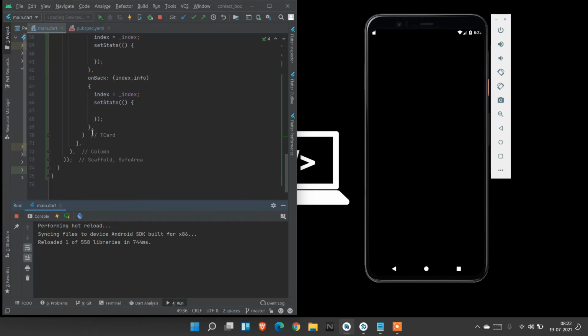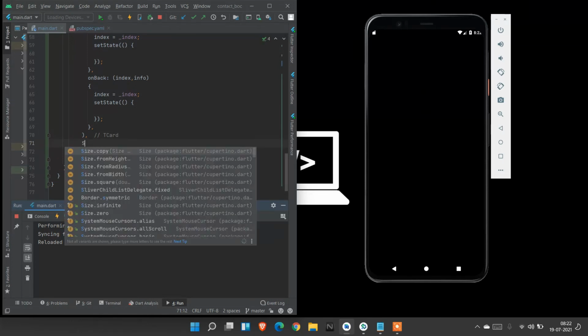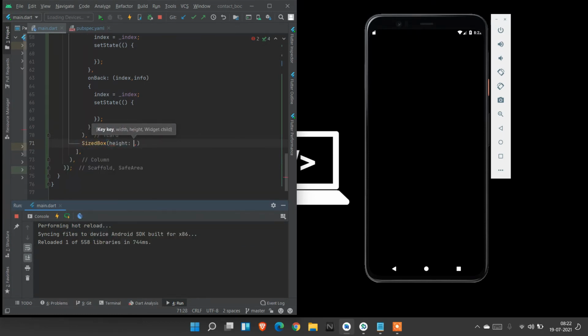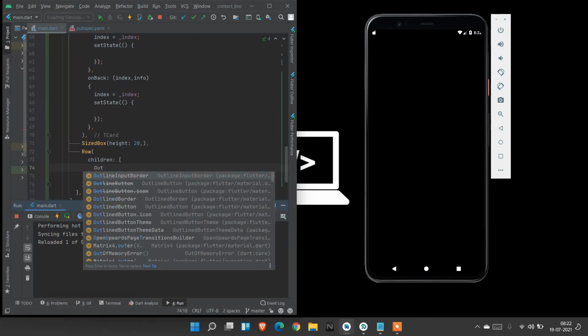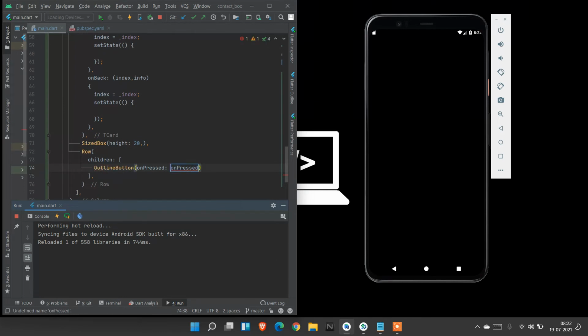Now I'm going to place buttons to reset, move backward and forward these images. I need to create a button for that. For that I need to create a SizedBox and place a height of 20. After that I'm going to create one row. Inside the row, if we use a row or column we need to place many items, so we use the children property, and I use OutlineButton. Inside onPressed I need to place controller dot forward.